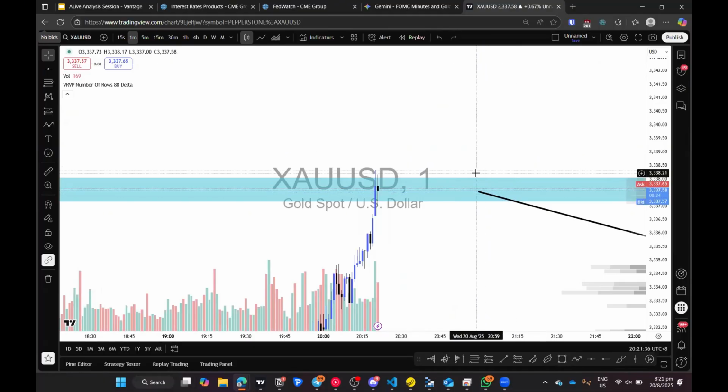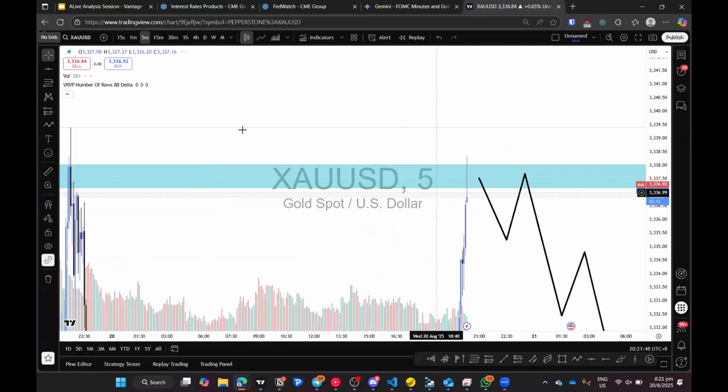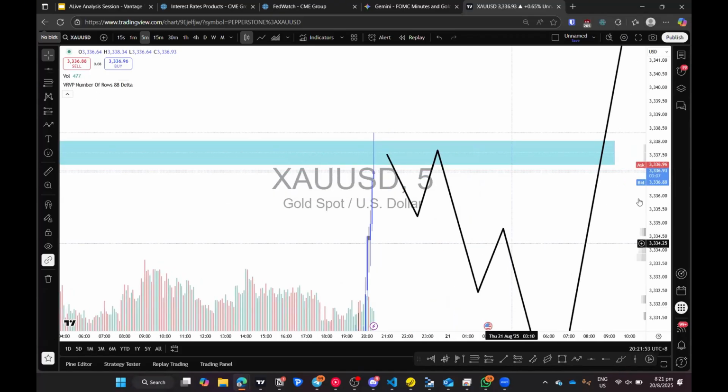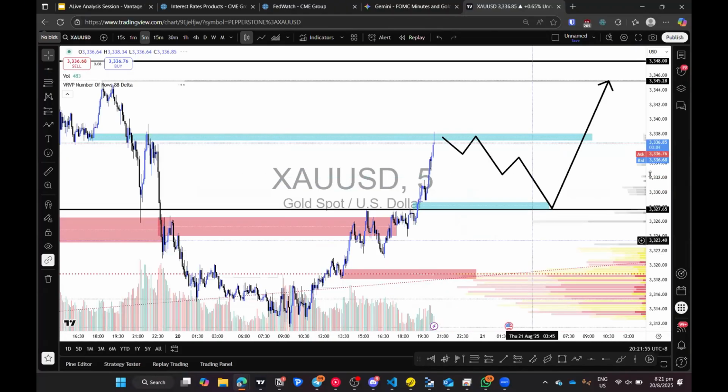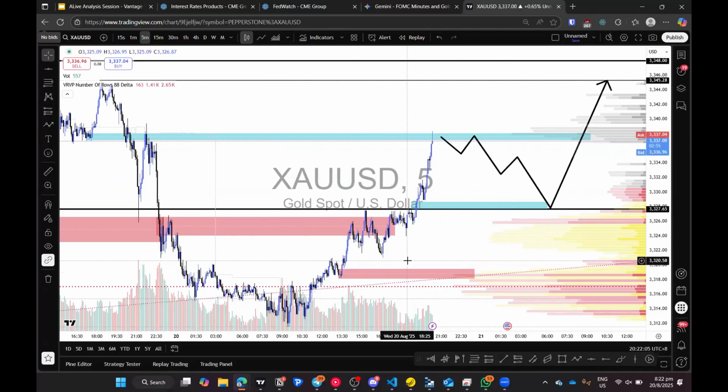Okay, we're coming into the New York session in about a couple of minutes, right? So you'll probably see quite a bit of transactions around here. And if you're using the same indicator as me, the VRVP, visible range volume profile, you'll probably start to see a lot of these candles starting to grow in length. And as they break beyond the volume that was seen on the buy side here, it means the sellers at this high price will only mean more transactions happening.